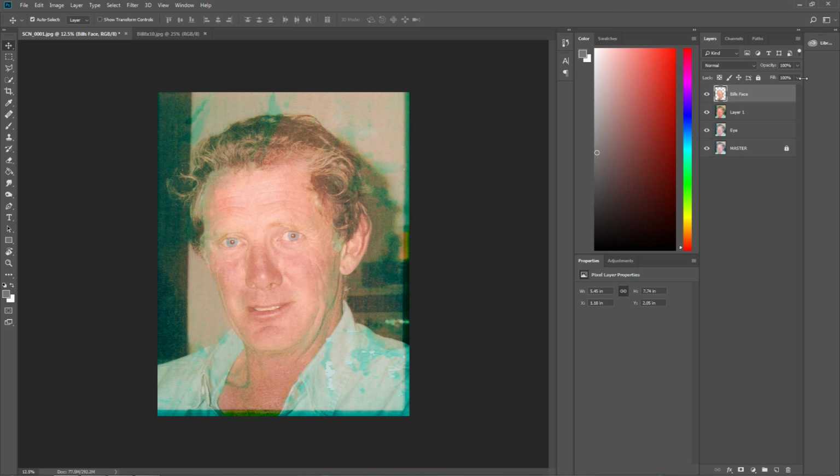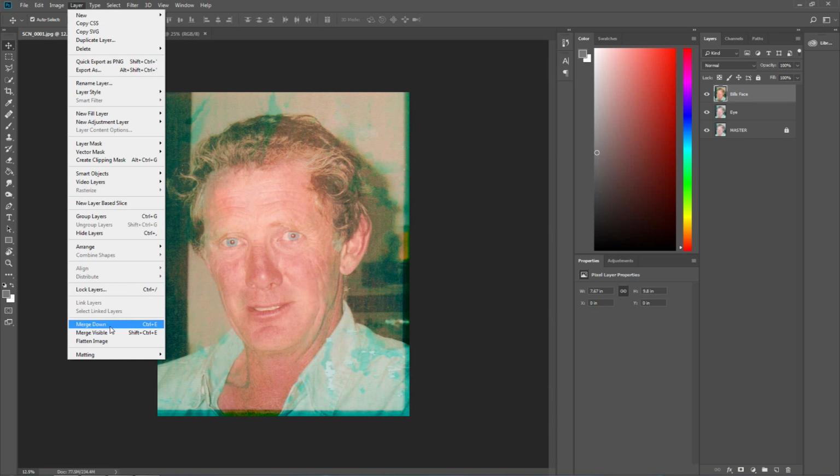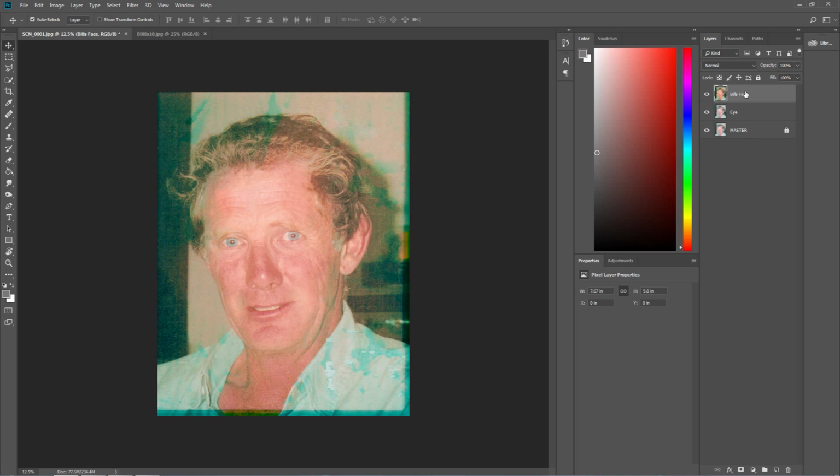So I can come down to fill now and I can adjust the fill. And so I'm going to select it at 50%. And I'm going to select those two, Control E to bring them together, or again, you go up to Layer and merge down, or merge visible. Merge down is if I want to get the top one to the bottom one, hit the top layer, Control E will drop it straight down to the next one, as you can see. So that's now on top of the eyes. So let's have a look. We've got before, after,